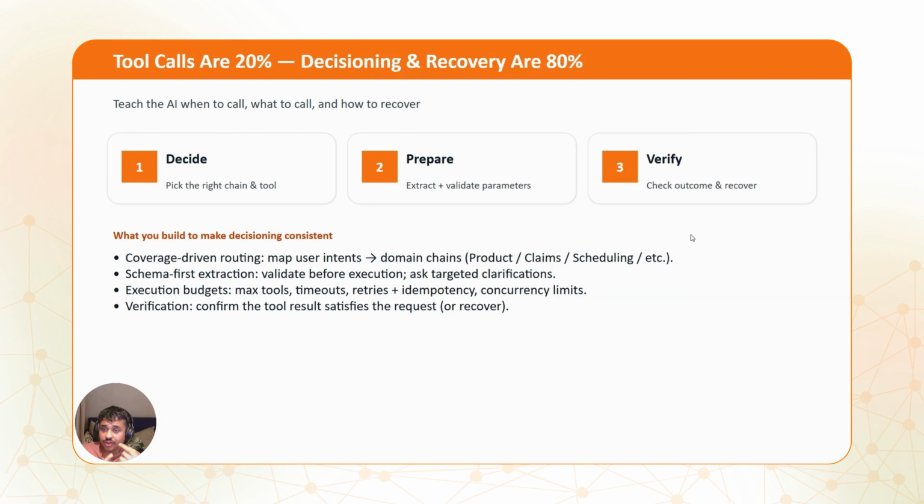So in the case of LLMs, to make a very strong MCP that ships to production, you have to do coverage-driven routing, right, where you cover as many diversified scenarios as you can. This really helps the LLM understand the context, what the decision-making steps involved are, how to approach them, and all of that stuff. Schema-first execution: every tool call is created with a schema, no matter how small a tool call